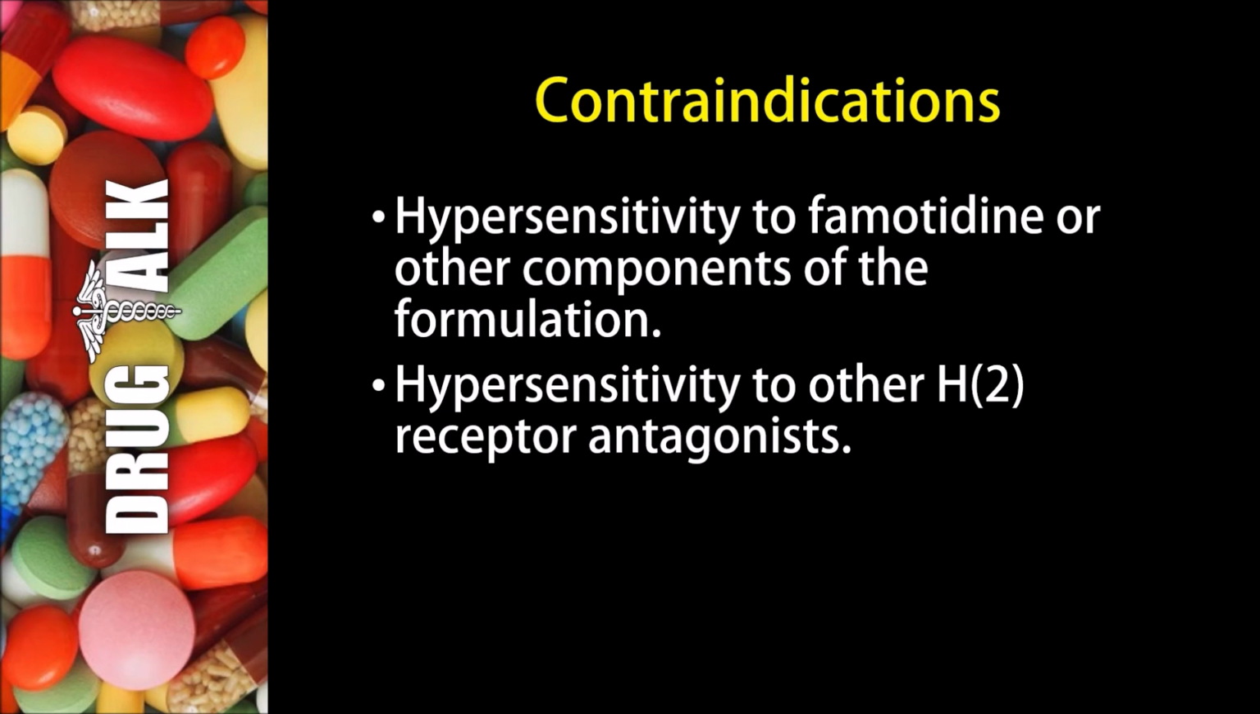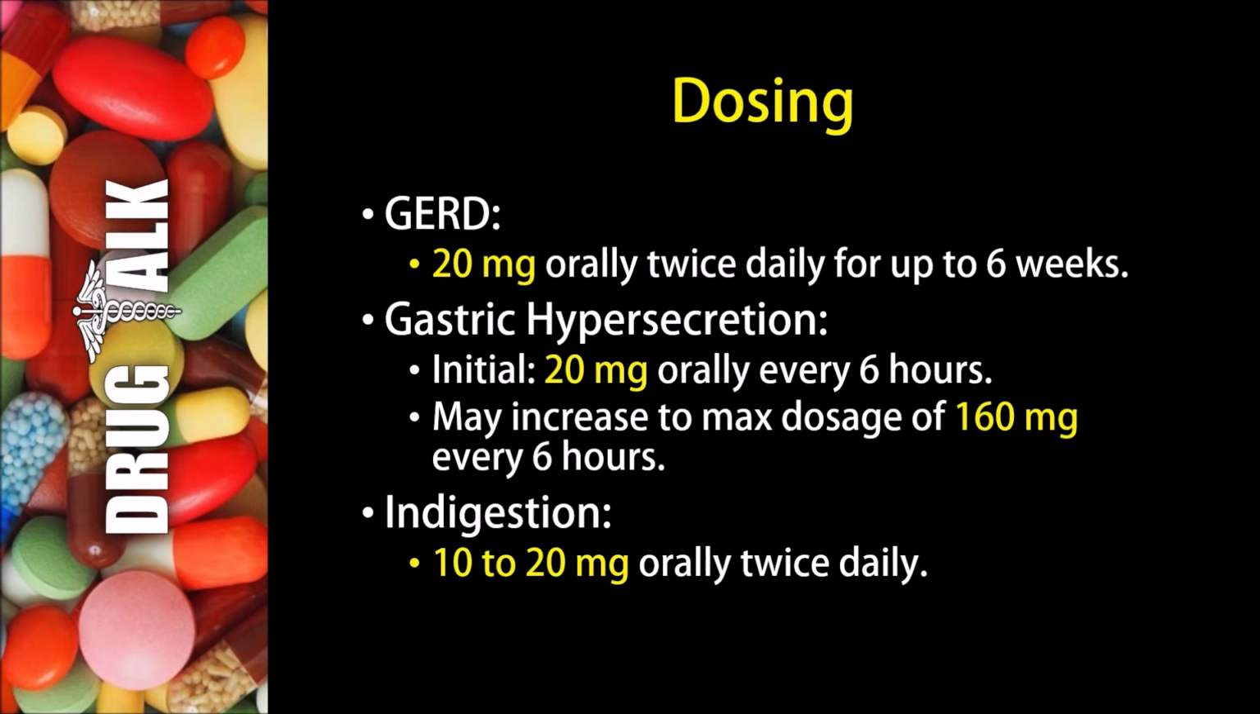Now for contraindications or reasons we would not be able to prescribe this medication, it would mainly be if a patient had a hypersensitivity to Famotidine or any other component of the formulation, or a hypersensitivity to other H2 receptor antagonists. Now for dosing, so in GERD or gastroesophageal reflux disease, we would typically see 20 milligrams orally twice daily